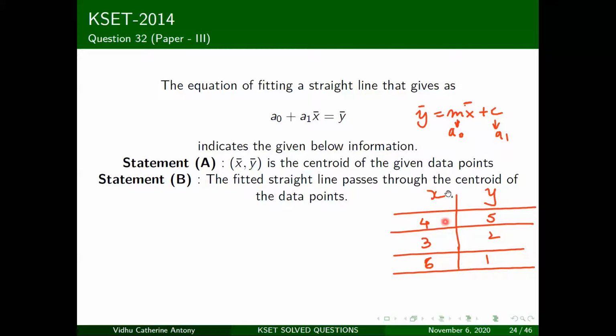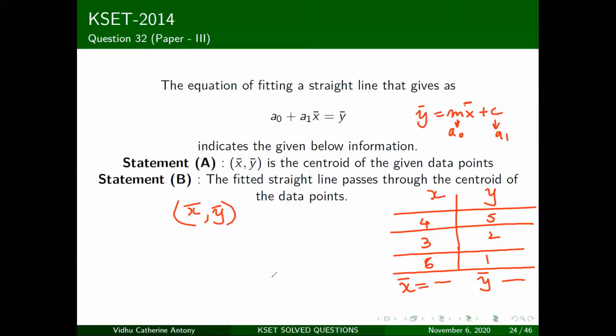Okay, so you have these data points with you. Now what do you do? You take these data points and you take the average of them. So you take x bar and you get some kind of an average value. You take y bar and you get some kind of an average value. Now this is called the centroid of your scatter plot.